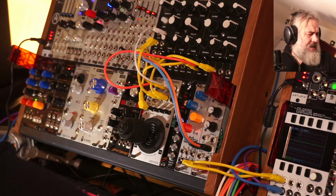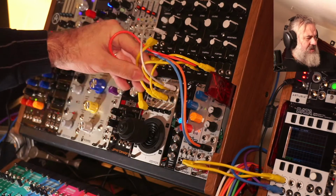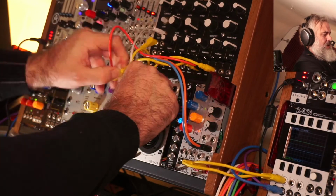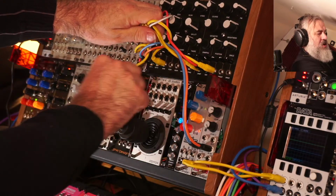Okay, where are we? Yes, this thing. Okay. There are lots of sockets on here. I wonder if I should pull these out so you can see. Yeah, why not? Okay. Right. You've got